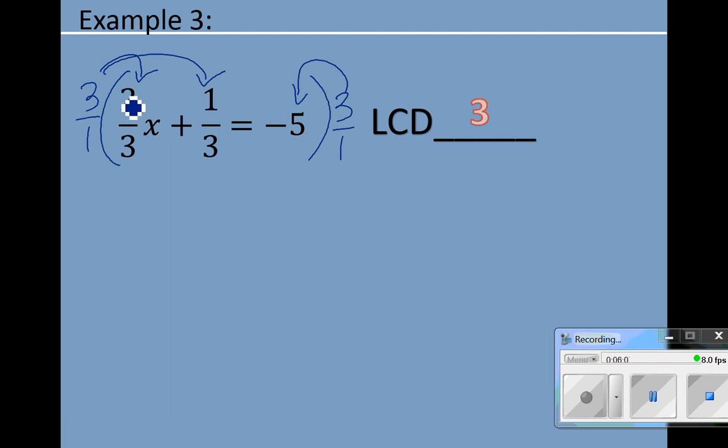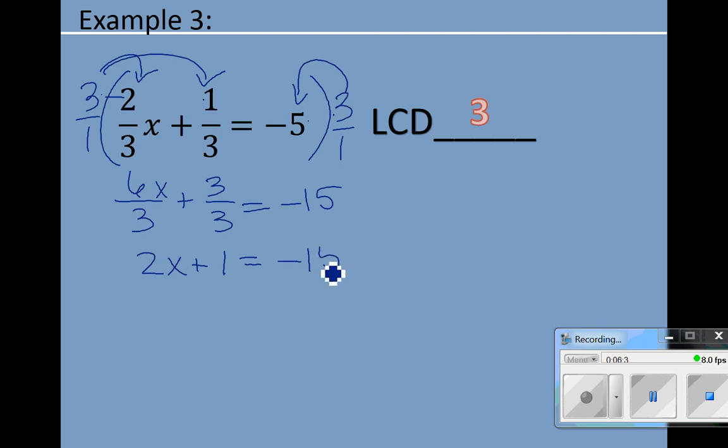So we would have 6x over 3 plus 3 over 3 equals negative 15. Now we can simplify these because they go into each other evenly. So we have 2x plus 1